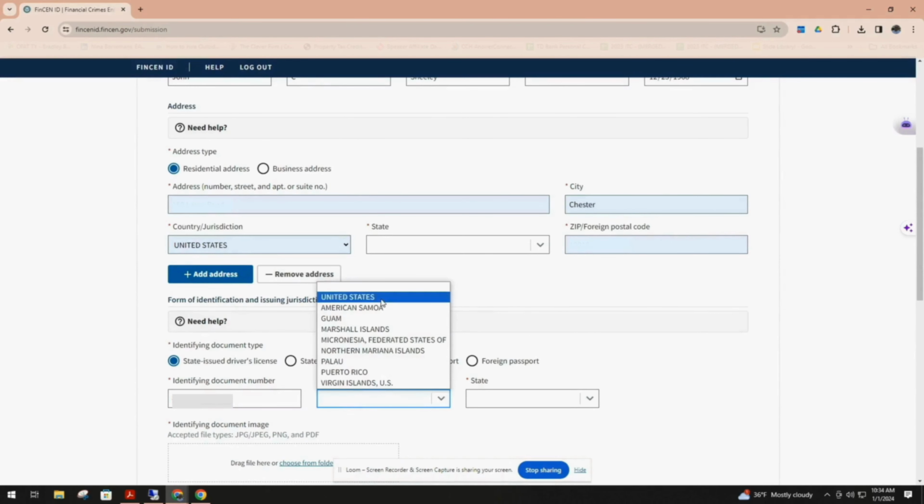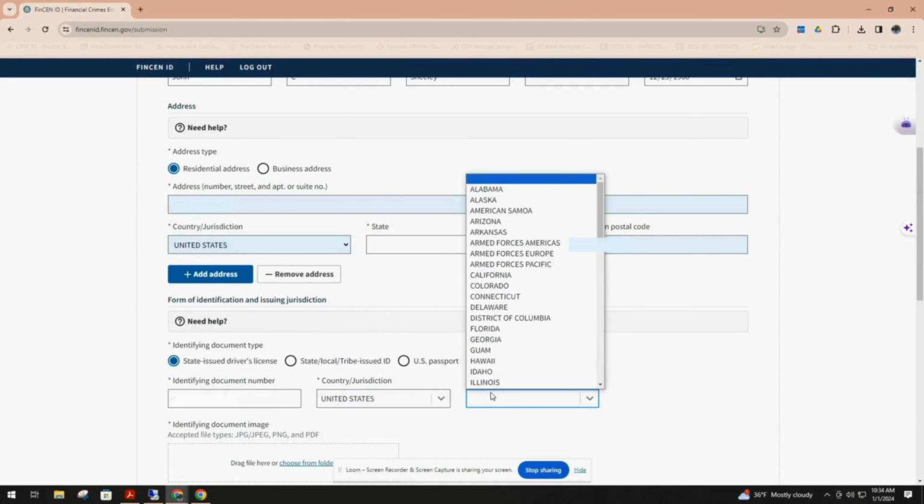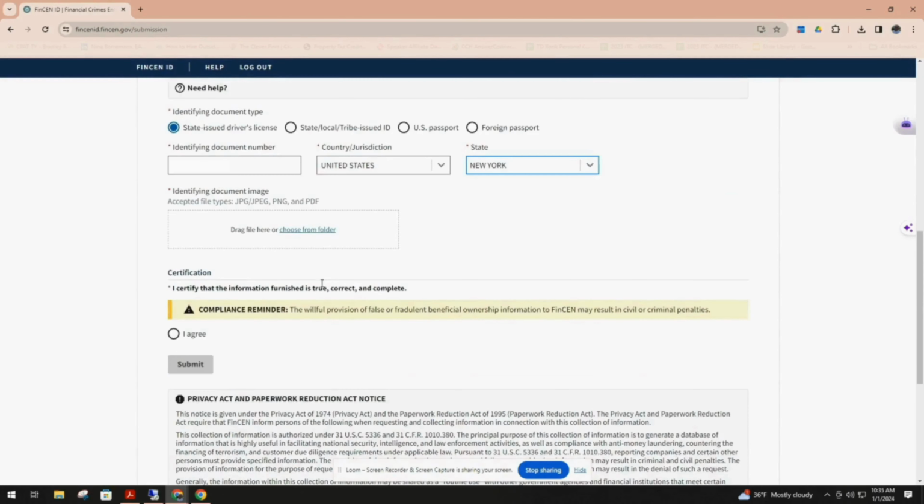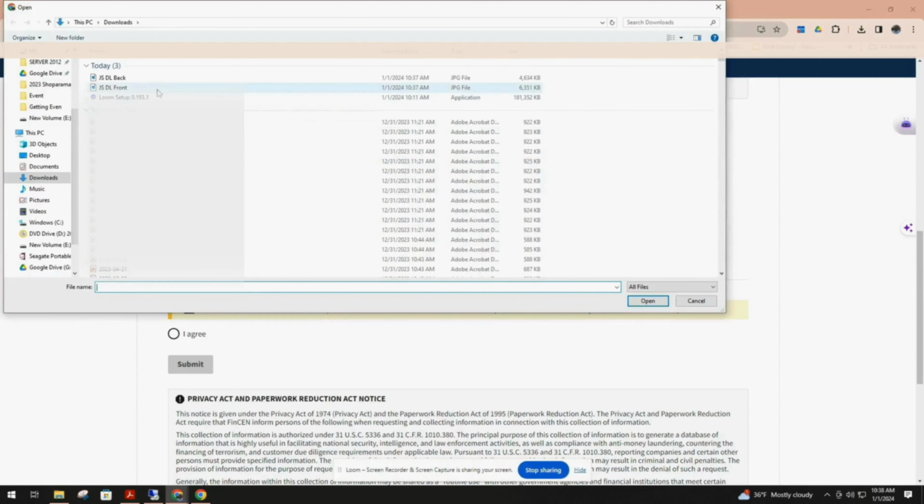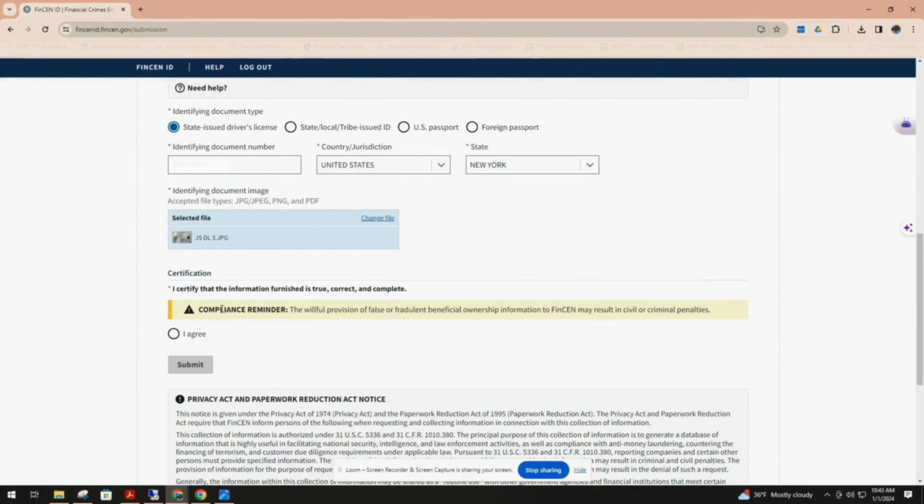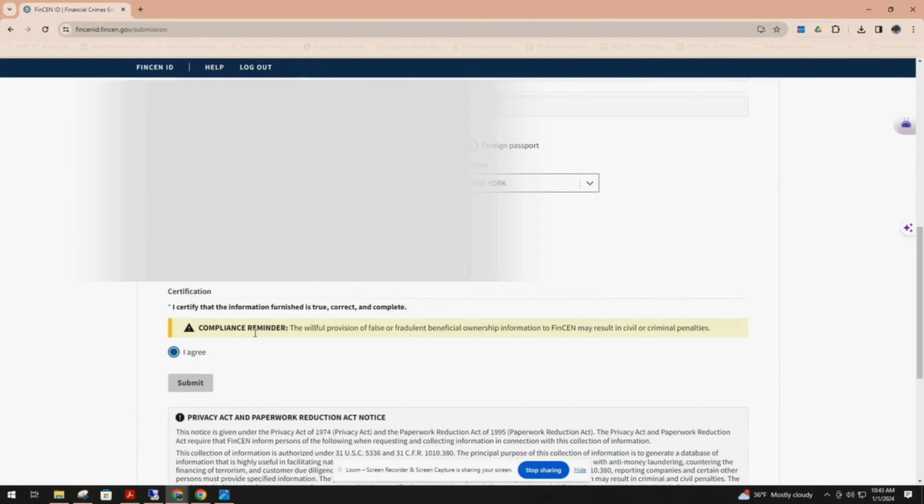Of course, that's the United States, New York State. Okay, so we're going to upload my driver's license, which I've conveniently got available here. All right, I certify the above information is true and correct. I agree. Okay,